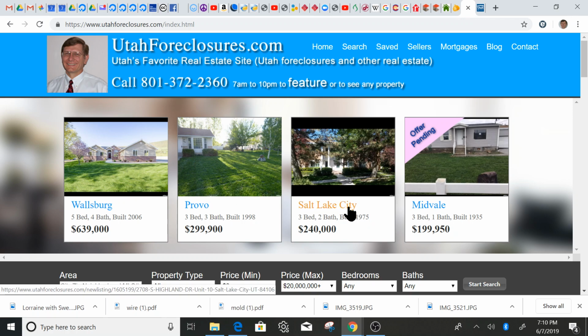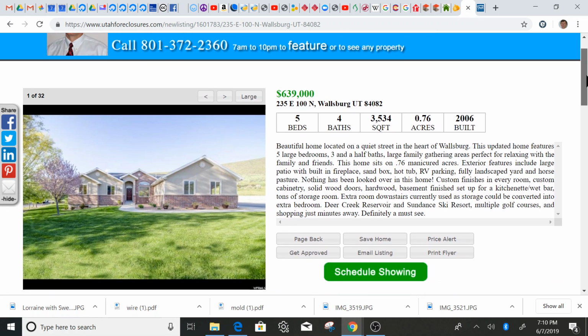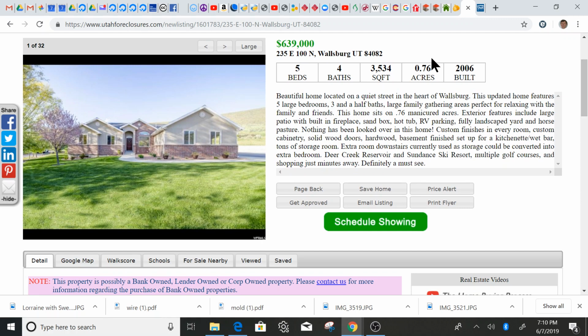Salt Lake. But boy, seeing a foreclosure in Wallsburg, that's a highly desirable place for a lot of people, but not a lot of foreclosures there usually. It looks like this one has come on the market recently. It's got 3,500 square feet, 5 bedrooms, 4 baths, 3/4 of an acre, and it's only, what, 13 years old,